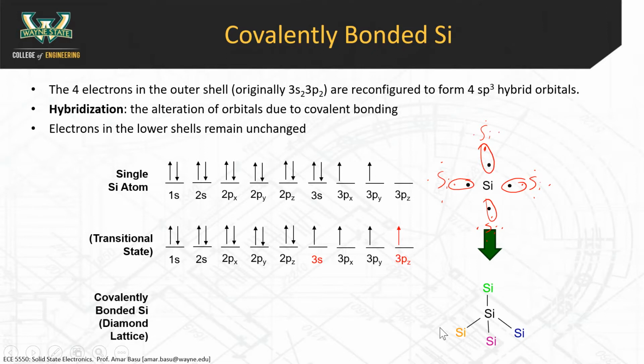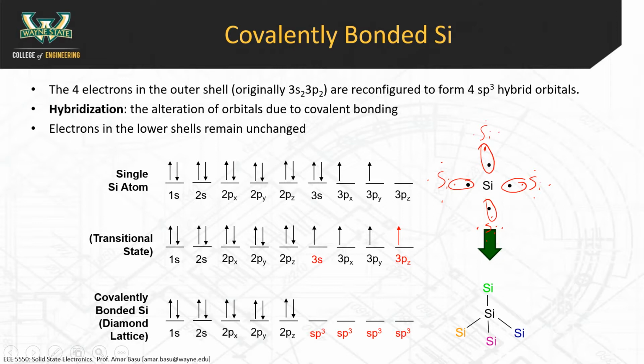And then eventually it goes into this state, which is the state of covalently bonded silicon. The inner electrons are the same thing as before, nothing interesting happening there. But the outer electrons form what's called an sp3 hybrid orbital. All right. And just to connect this to module 0, when we said there's this tetrahedral bonding,